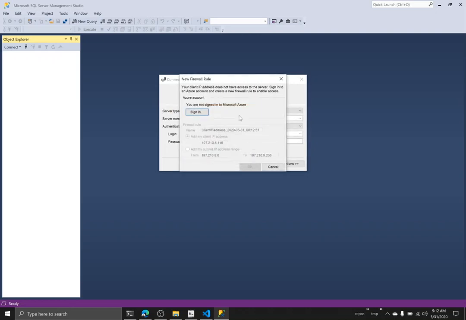So I anticipated this error. It's telling me your client IP address does not have access to the server. Sign into an Azure account, create a new firewall rule to enable access. So it's telling me, hey, we found this database, but you can't sign into it. And the reason we can't is because of something called a firewall. Now this is another of those tech terms, right? A firewall is